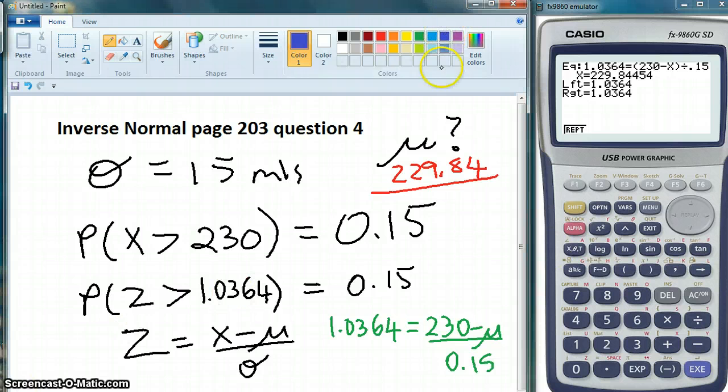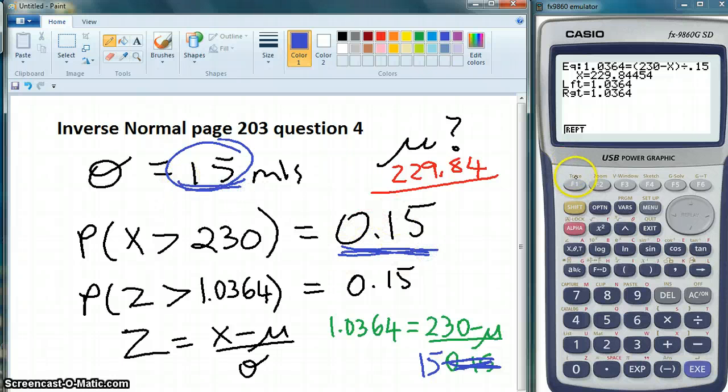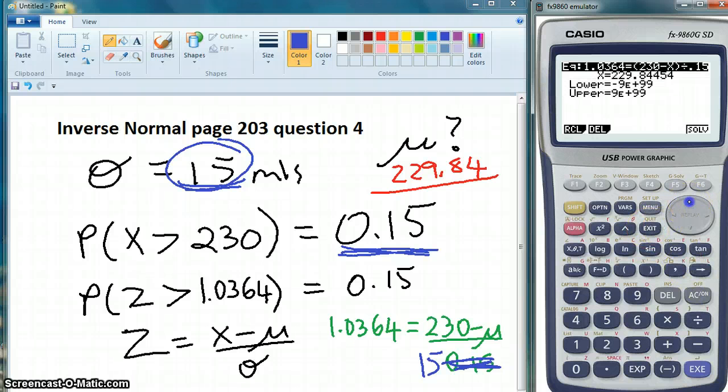Yes, I've got the wrong answer because my standard deviation is 15 mils. Okay, I got confused between my 15 mils and my 0.15 being my probability. So I need to actually change my answer. So here we go. How do we get back up to here? I needed to go across. Can I even? Yes, I can. And not have 0.15. There we go. And so now I've got the